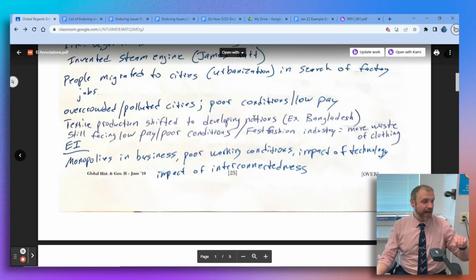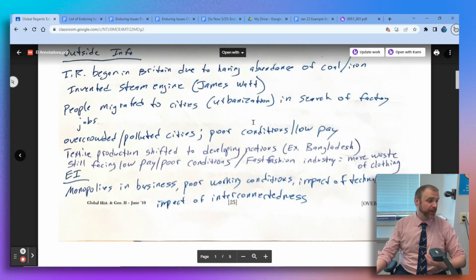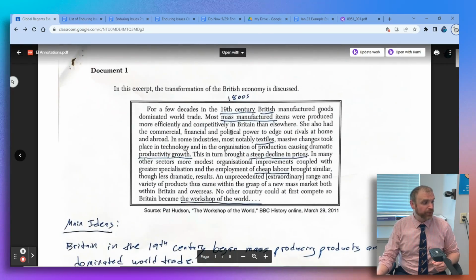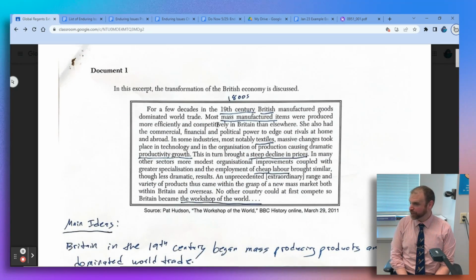So again, outside information about the event itself, but also how the event is also kind of connected to the modern day. Because when you write an enduring issues essay, that's what you got to be doing. You got to summarize how people are being affected by a specific problem in that source, right? Whatever enduring issue you choose, but also you want to draw some kind of connection to what's going on in the world today, right? Maybe the issue is still very problematic, or maybe we've done some things to make it